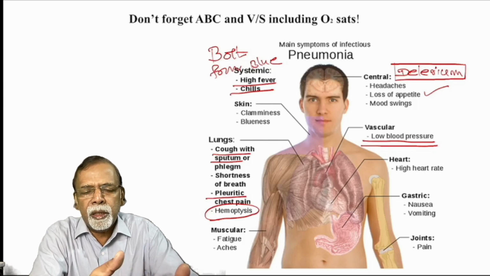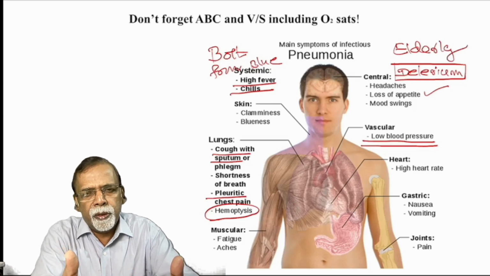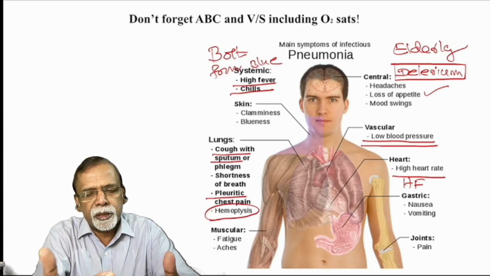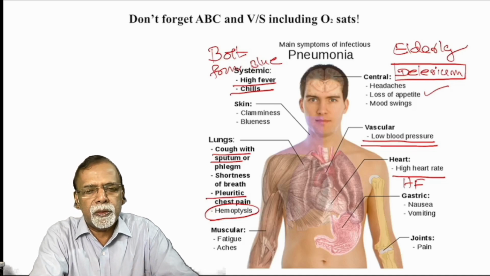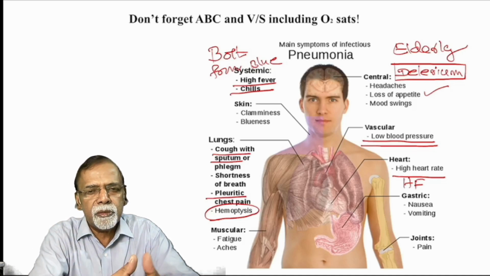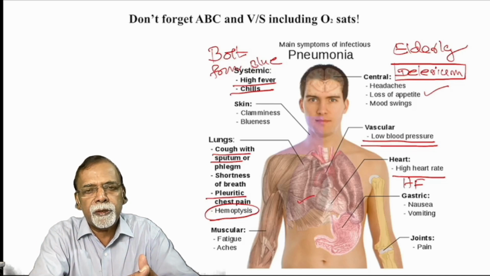Sometimes there can be cardiac problems, already a patient has heart failure or impending heart failure. In such patients, the precipitating factor for heart failure can be pneumonia. So they may come with breathlessness due to a cardiac cause, or it may appear as a cardiac problem. Nausea, vomiting can also occur. So there will be systemic symptoms related to the respiratory system, and sometimes they may present with features of central nervous system involvement, that is delirium or hypotension producing pre-syncope and syncope.